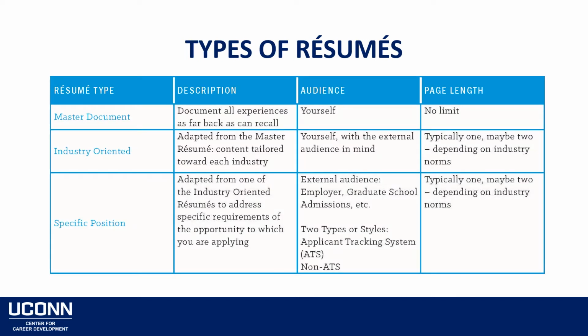There are three types of resumes: a master resume, an industry-oriented resume, and a resume you tailor for specific positions. The length and content of each depends on the audience. Your master resume is a document that you use for yourself to keep track of everything you've done. Since it's just for you, it can be as long as you want or need it to be. From there, you can pick and choose the most relevant experiences to create a tailored 1- or 2-page resume for